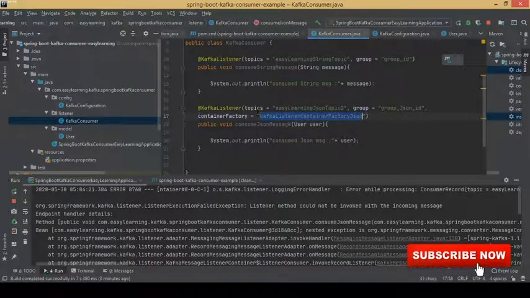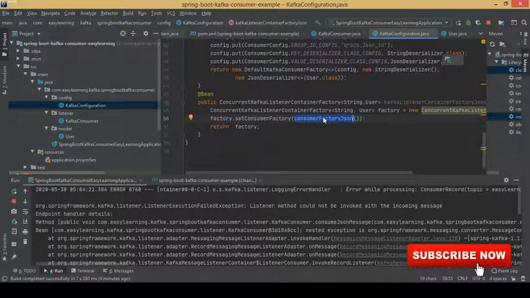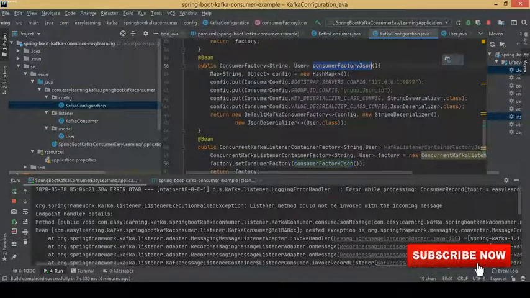What is happening here is, when it comes to this topic, it will check for the container factory. The container factory is this method, so it will go to the container factory, and then see that it has to consume this message, and it will go to the consumer factory and deserialize for me. That's why it was not able to deserialize here, and it was giving an error while consuming the record from this topic.